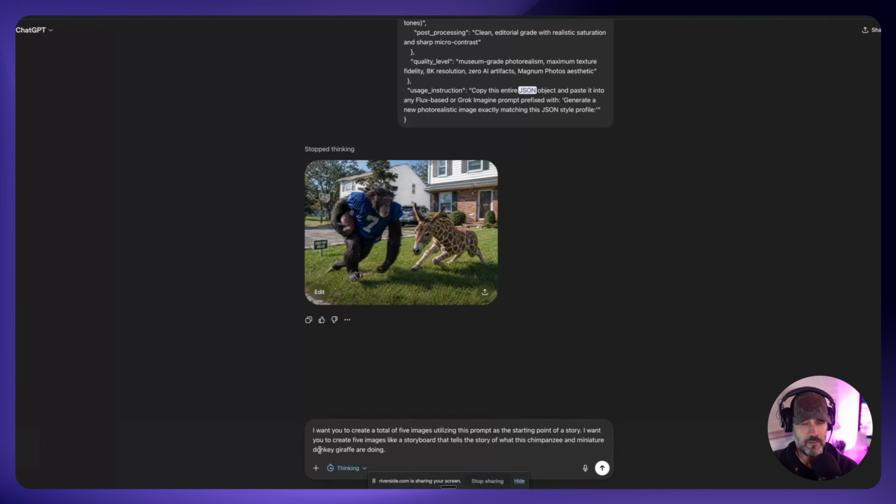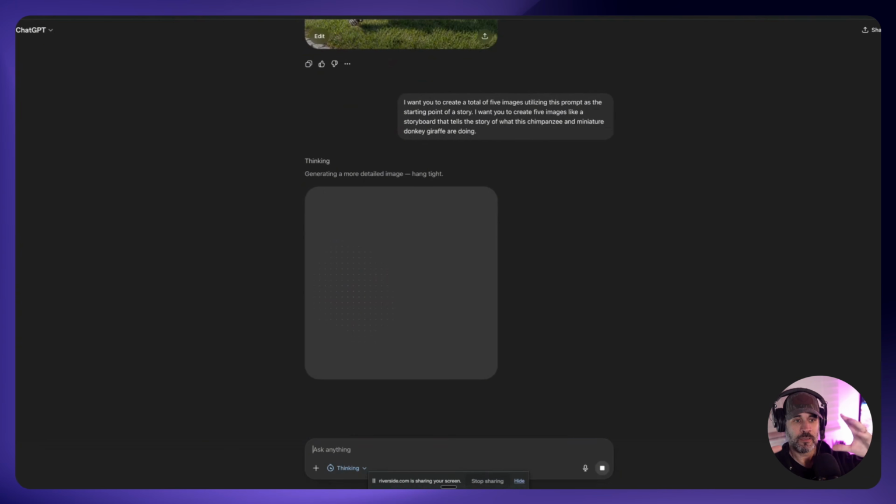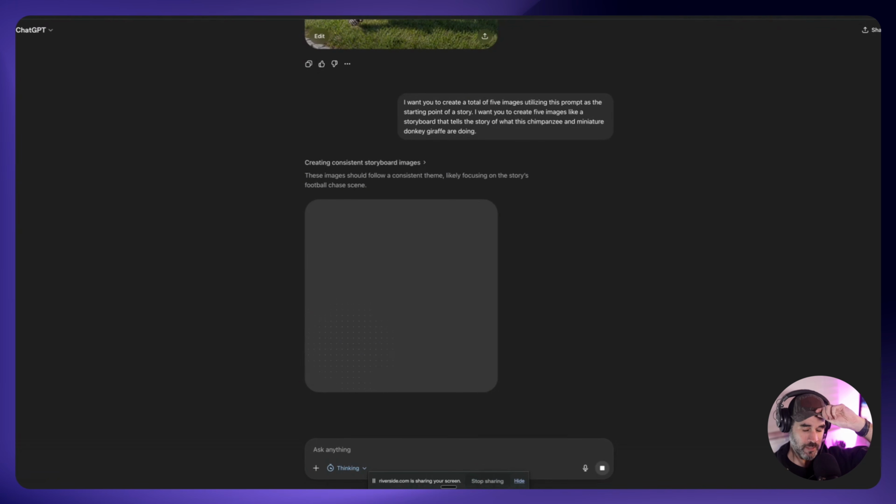So with that, I'm basically just saying, utilize this image as a starting reference to tell this overall story, and create me the images in this story as a storyboard. What really got me excited about that is that you can take those images now and bring them into Higgsfield, open up something like Seed Dance 2, put those images in there, and create an actual cinematic type of movie. And now you have these images that tell a little bit of a story without you having to do anything other than provide the initial prompt or the initial image that it comes up with and say, hey, use this as a starting point to tell a story.